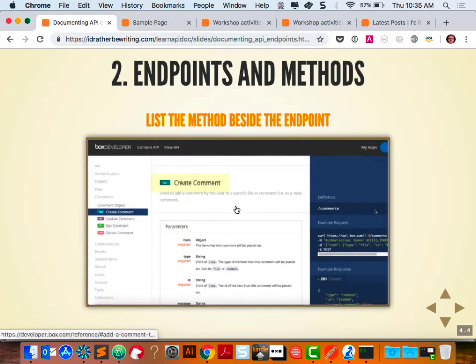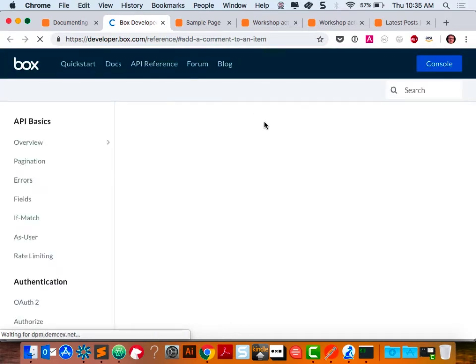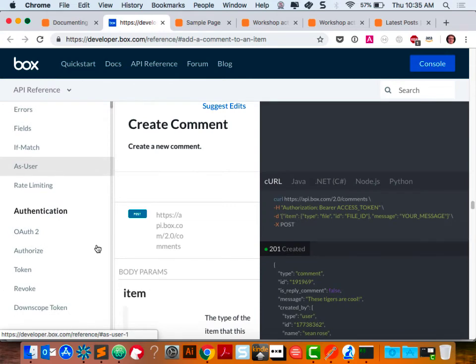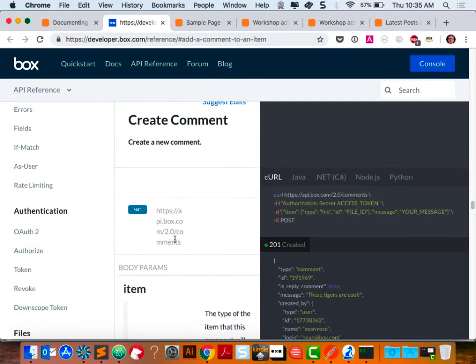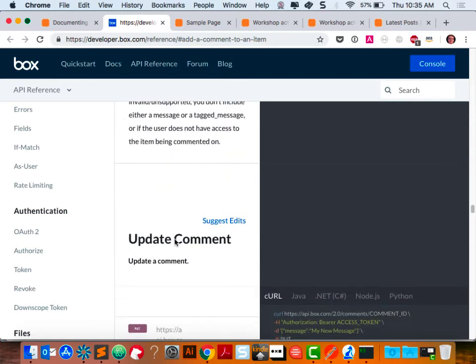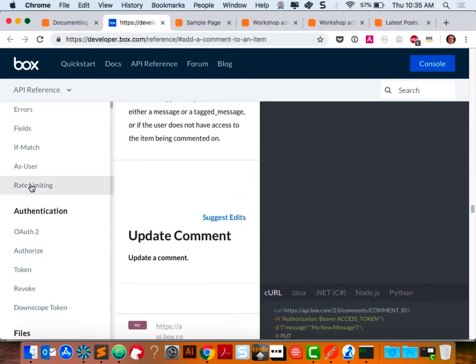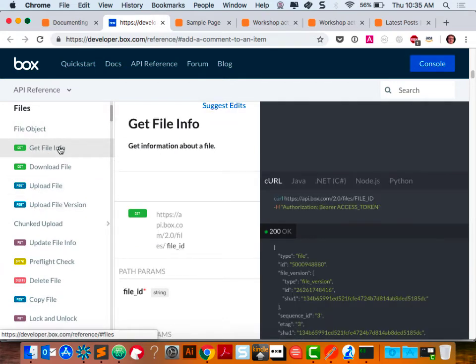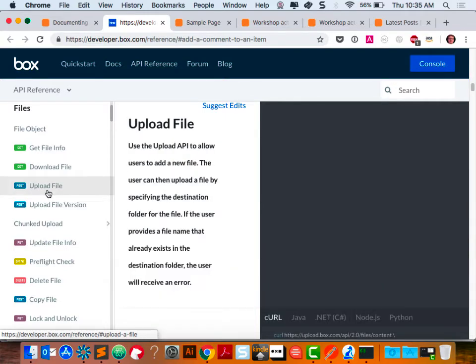Yeah, or let's go to this guy. So here, you will find sometimes developers will have a lot of different endpoints. Okay, here we go. For file object, we've got get information about the file, download the file, upload the file